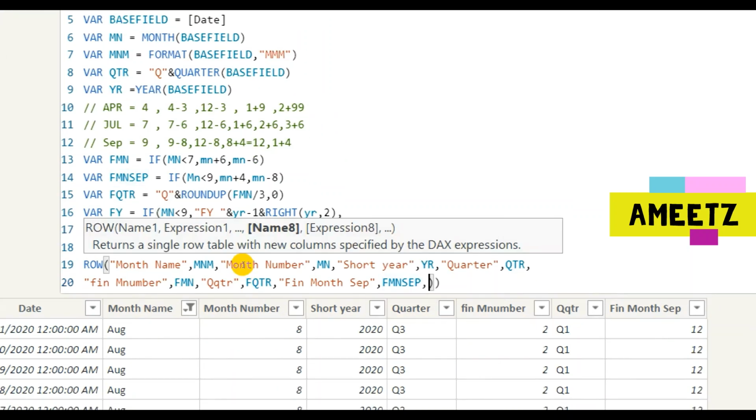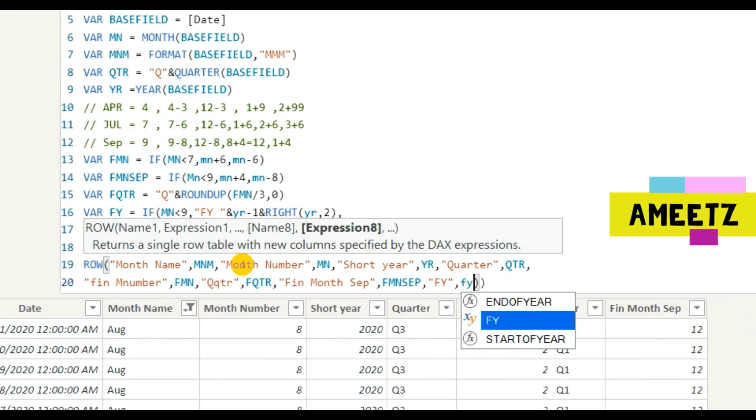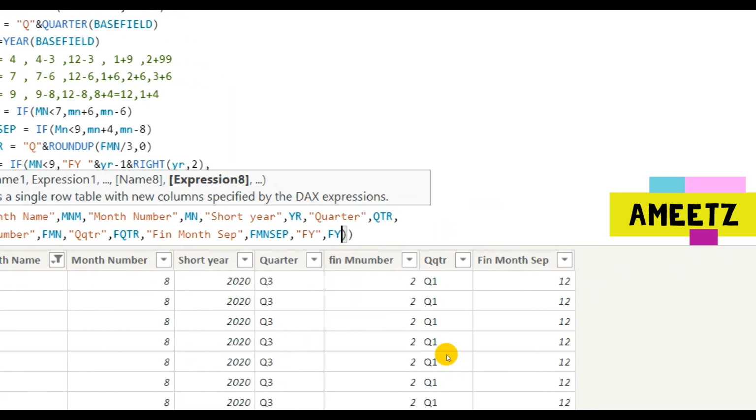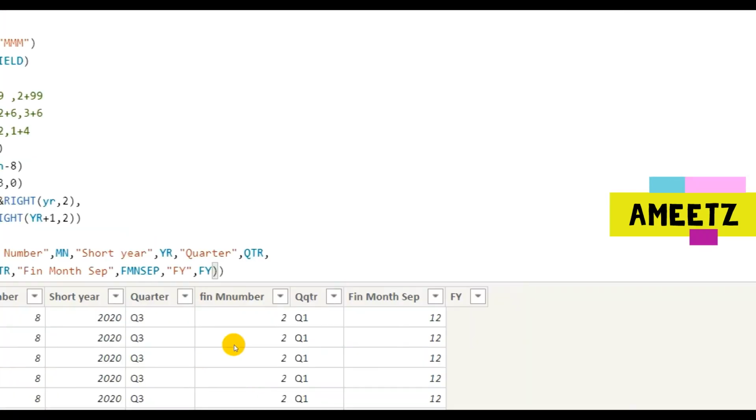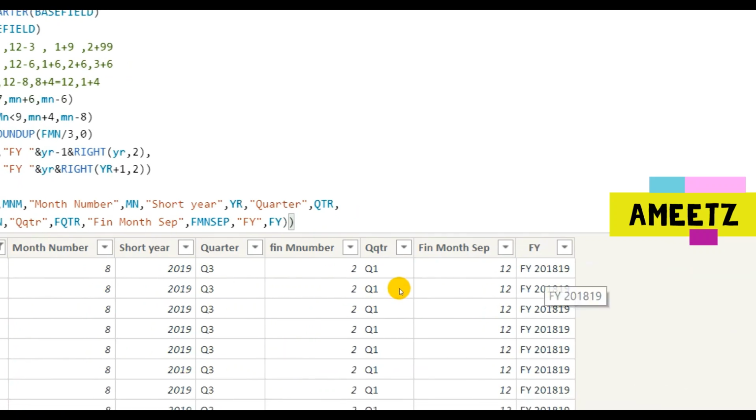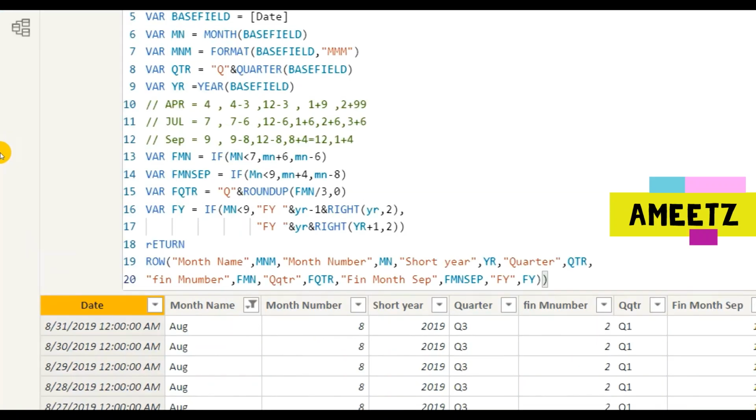I need to just add another column, FY, and then the name of the column also FY. And if I commit this, what happens? Let us see. Now you can see the format is FY 2018-19. I think I have not added a hyphen. So let me do one thing. After financial year, I will be adding one more small hyphen, and then